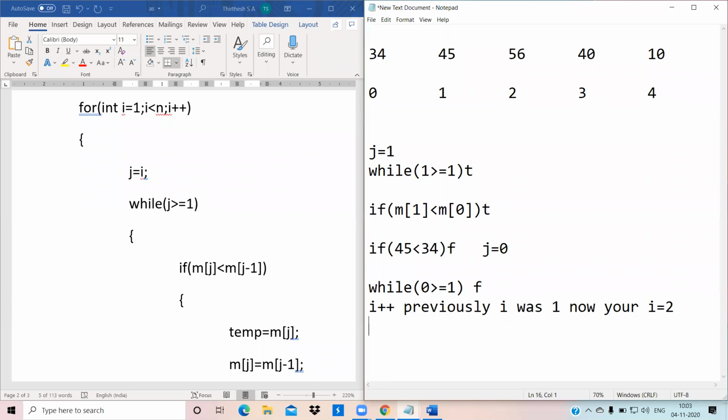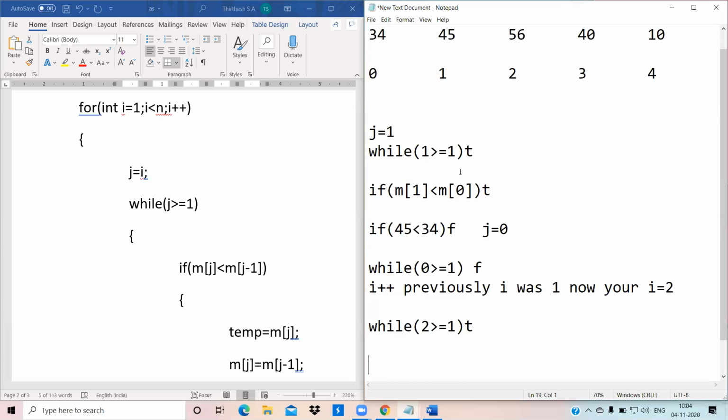So with 2 incremented, while again 2 greater than or equals to 1, it is satisfied. It is true, right? So now it enters the loop.